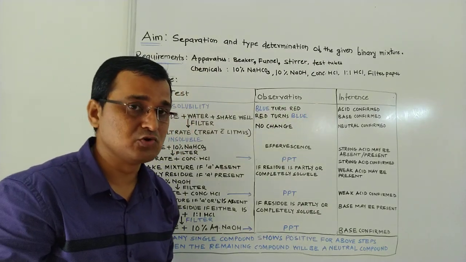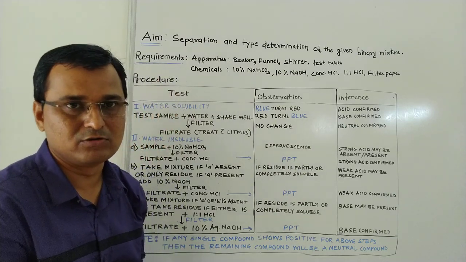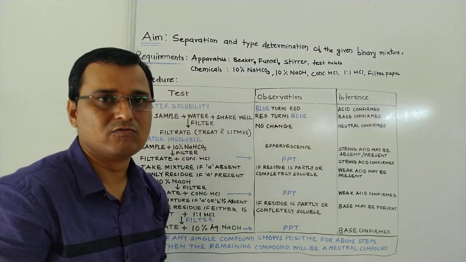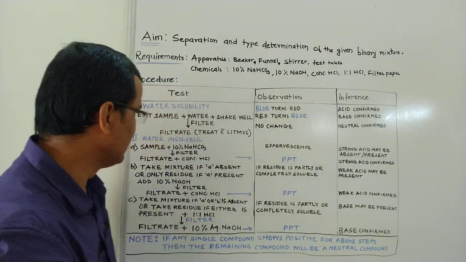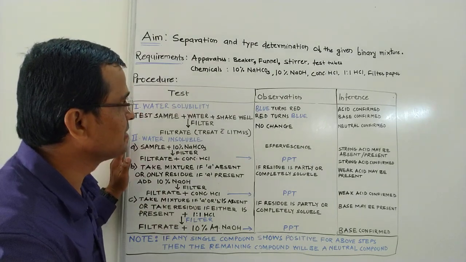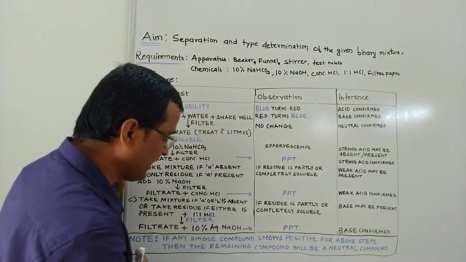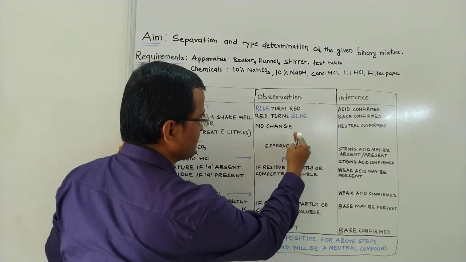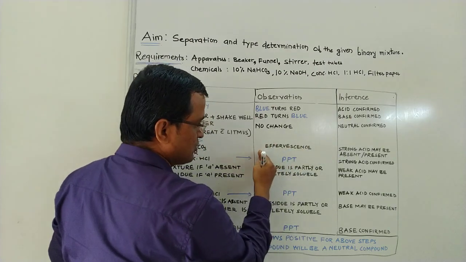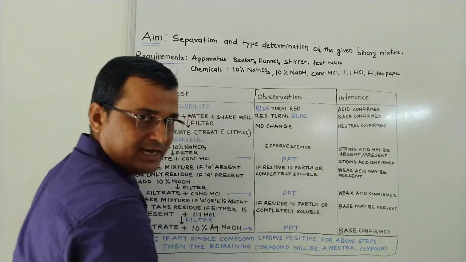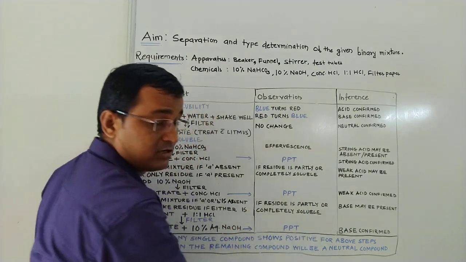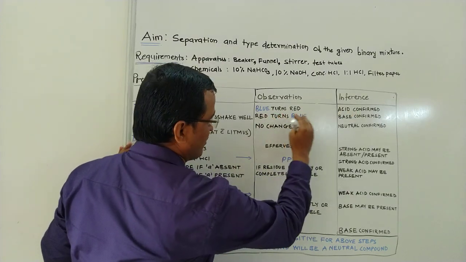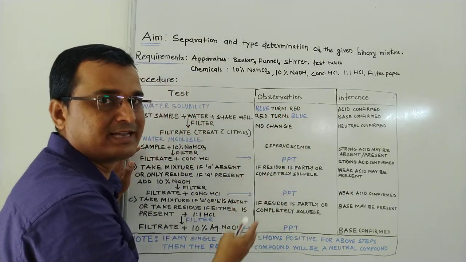But if you find that there is no change in the texture or no change in the quantity of the compound, then you cannot rely on this particular test, that is the water solubility test. So this is all about the separation and type determination of the given binary mixture. While writing the result, you are supposed to write that the given sample contains water soluble acid or water insoluble strong acid or water insoluble weak acid or water insoluble base or water insoluble neutral. You cannot say water soluble strong acid or water soluble strong base or water soluble weak acid,